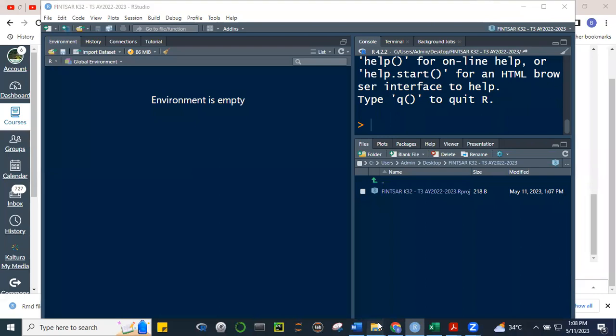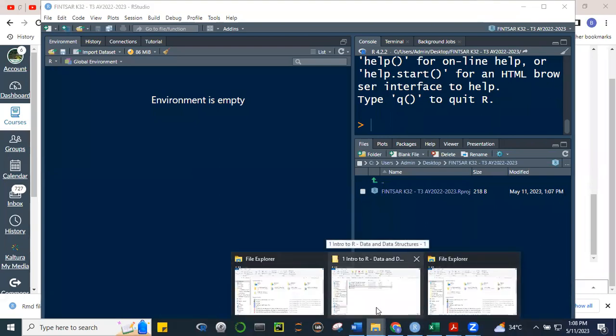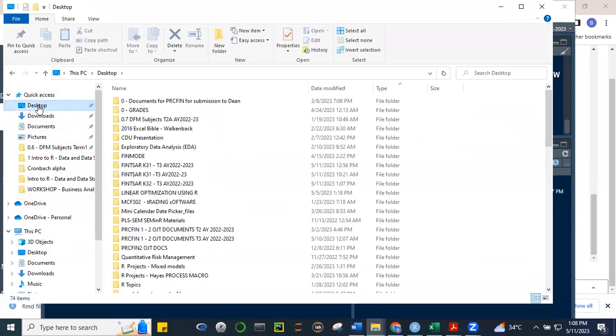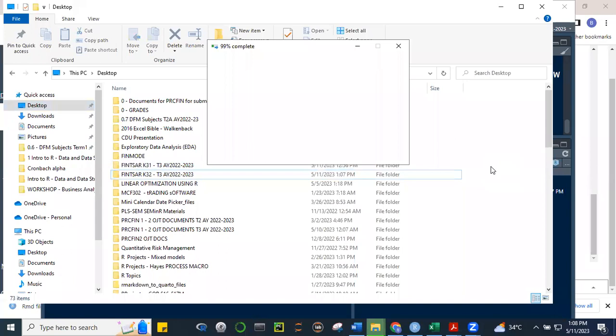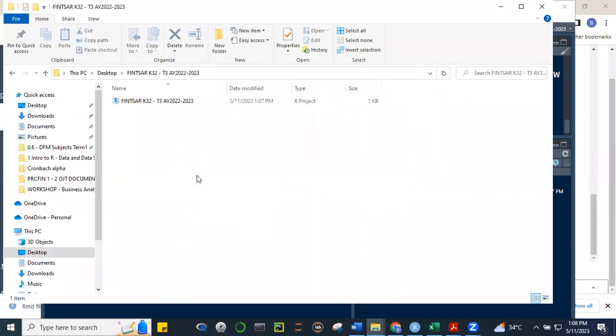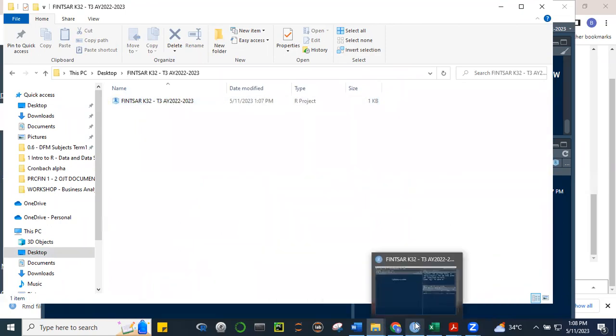And if I check my desktop, because that's where I save my file, my project. So desktop, you now see that I have here FINTSAR. Let me close this. Delete this. I now have FINTSAR K32. So this is where I'm housing our lessons, FINTSAR K32. And if I open that, now take note, you have this icon. This is your R project icon. Okay. And if I open the R,